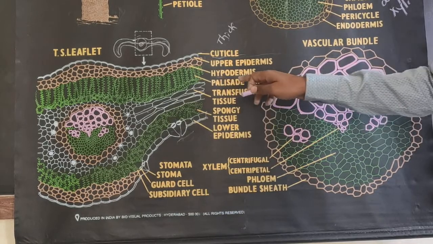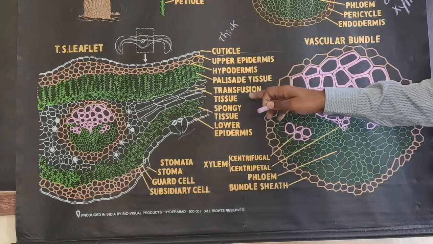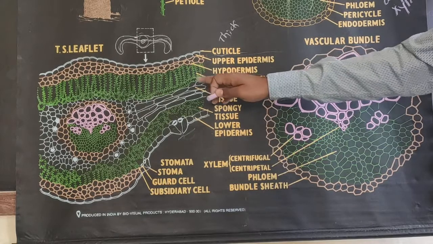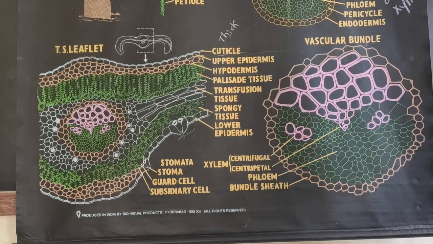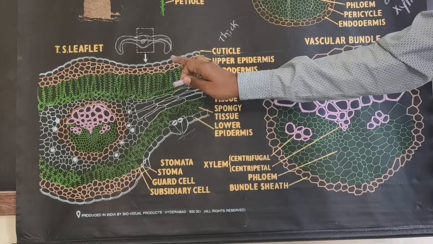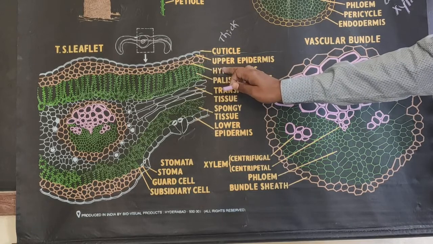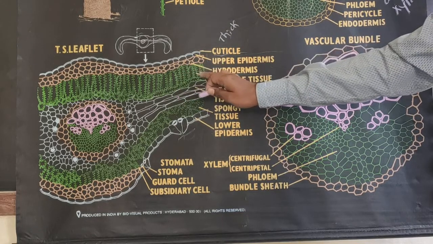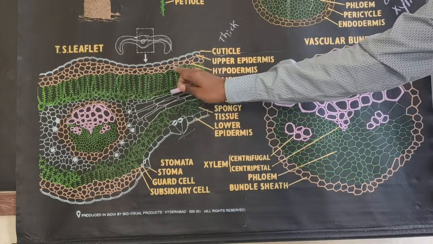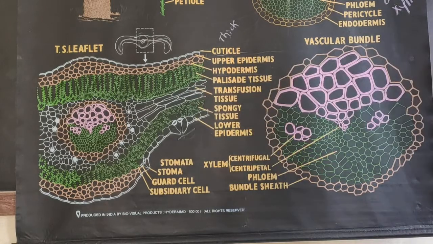So they are also known as palisade parenchyma and spongy parenchyma. This palisade and spongy parenchyma constitute the mesophyll of the cycas leaf. If you look at the palisade parenchyma, it usually consists of a single layer of elongated cells. They are tube-like. Palisade parenchyma is made up of a single layer of long elongated tube-like cells.